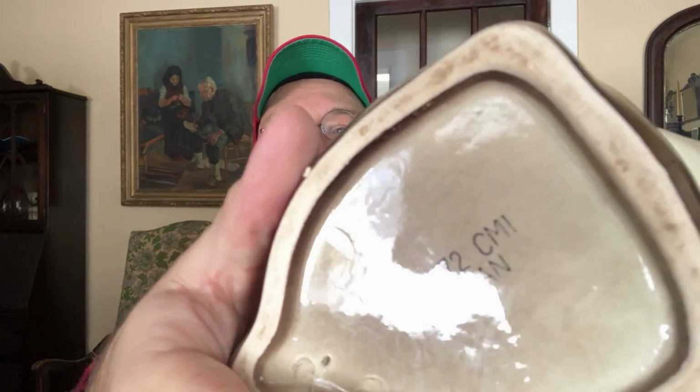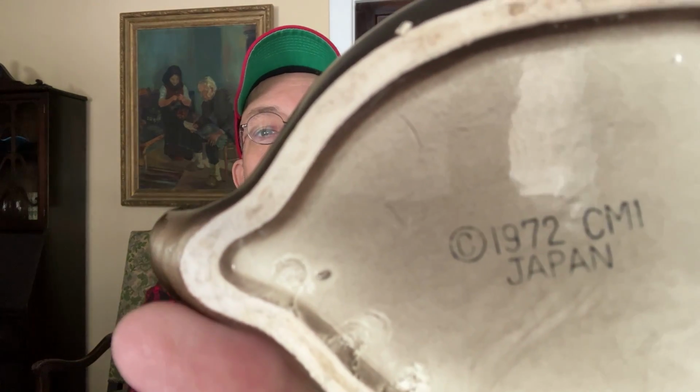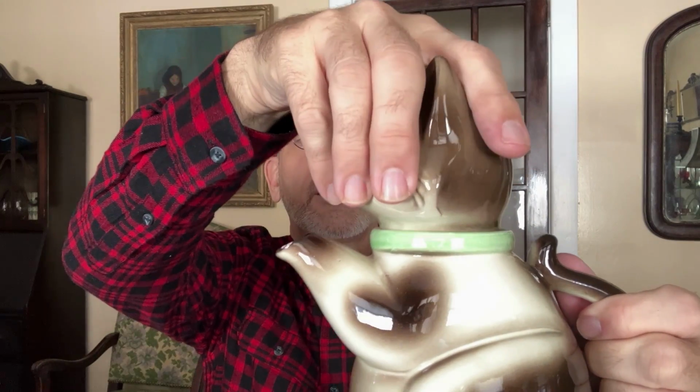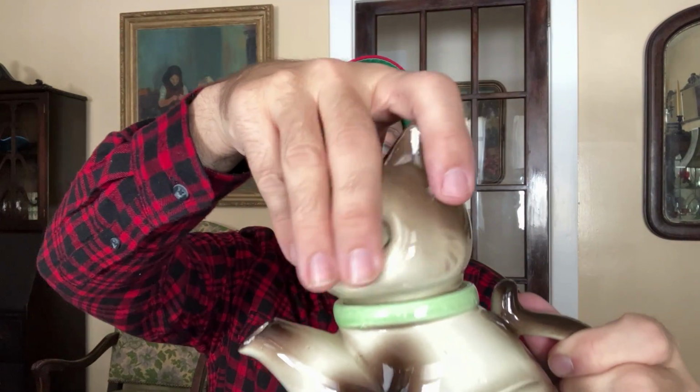Look at the kitty cat. Now this is 52 years old. Exactly how do you know that? Well, because this is 1972 on the bottom. This is made in Japan, and it's got a 1972 mark on it. You know, they were making these in Germany back in the 30s. I like this one a lot. And you can turn the kitty's head, and it has...